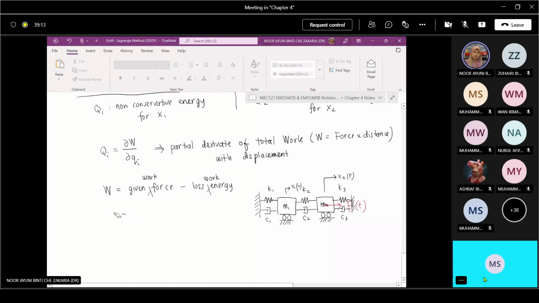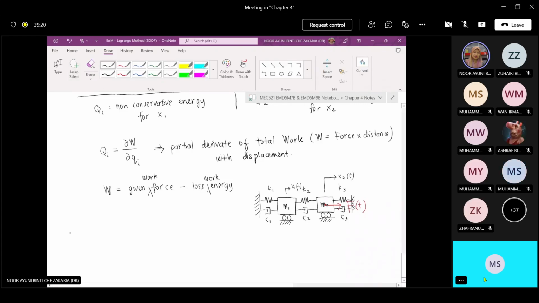Work given force. So we have F, but then it needs to be in work times the distance. Looking at this particular force,